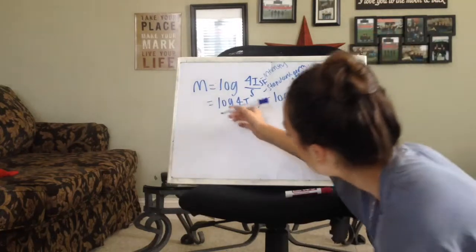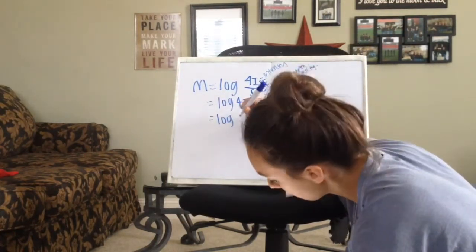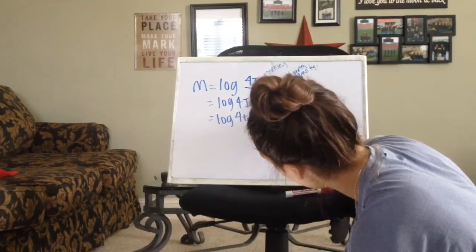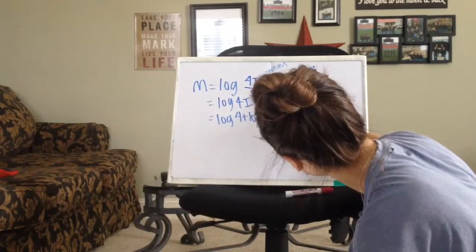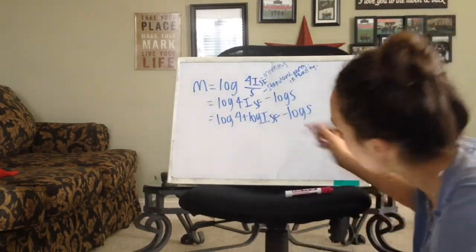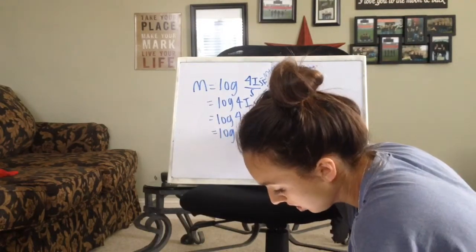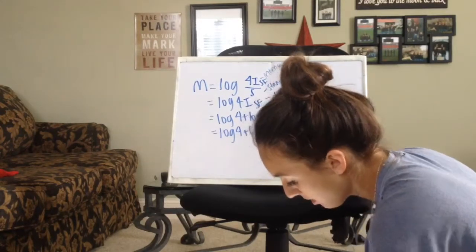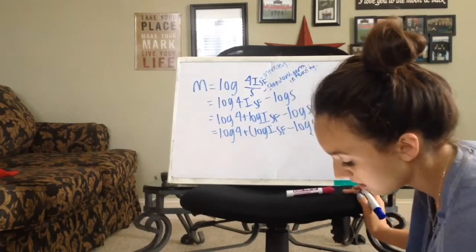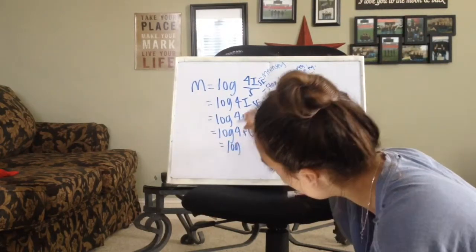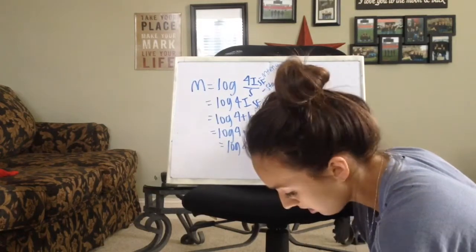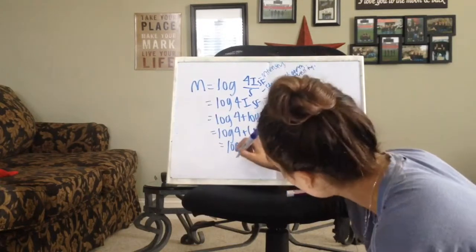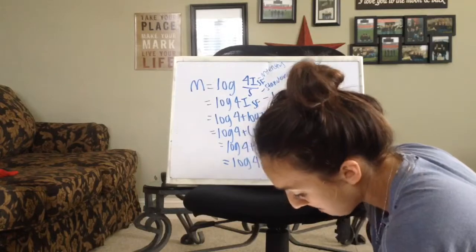And then the next thing you're going to do is log of 4 plus log of I, the intensity of San Francisco, minus log of S. That's going to equal log of 4 plus log of the intensity of San Francisco minus log of S, which equals log of 4 plus log of I of San Francisco over S. Then you'll get log of 4 plus